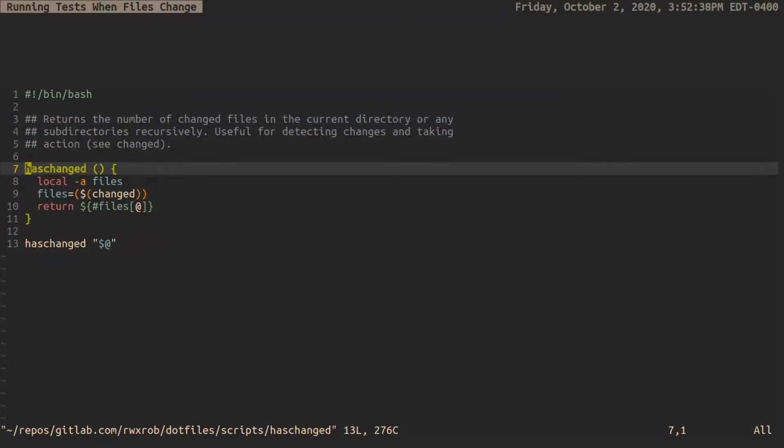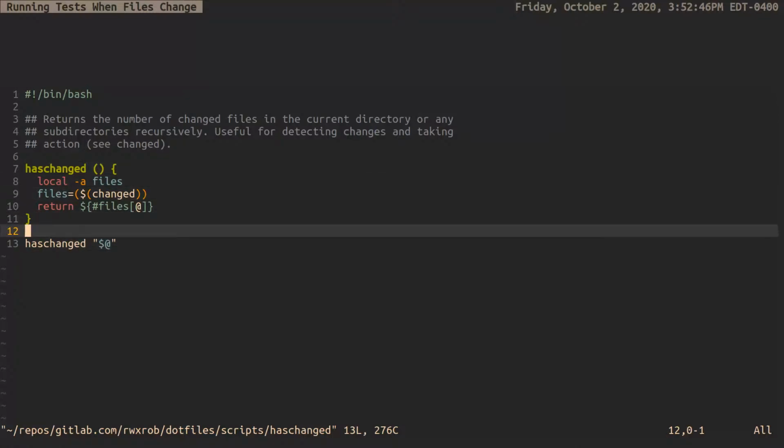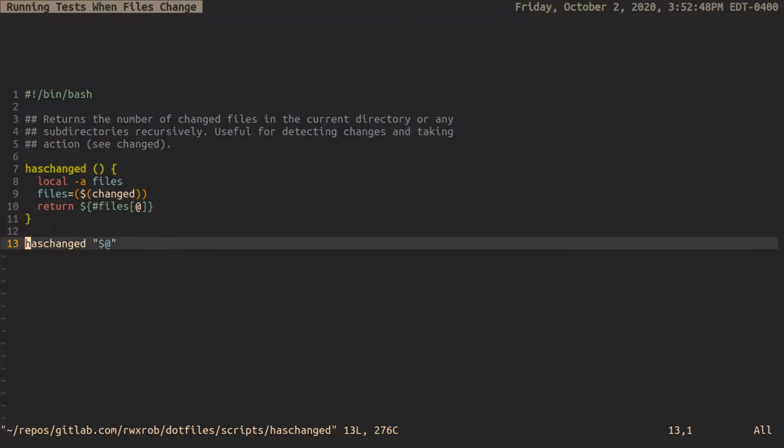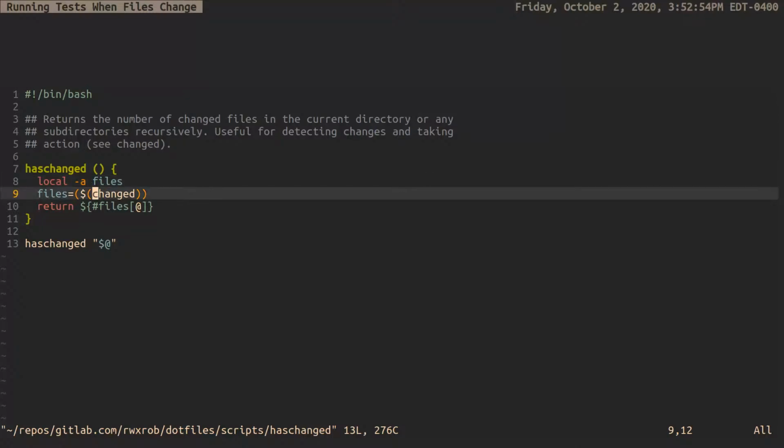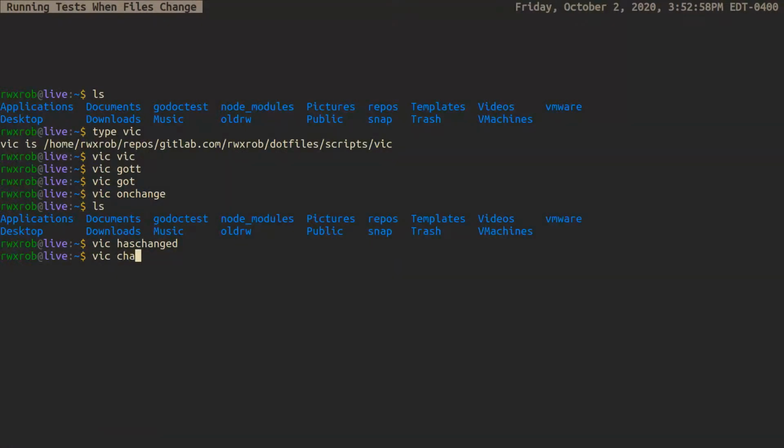Yep, here we go. So yet again, it's like a shell. It's like a Matryoshka doll in Russia, right? So hasChanged calls. I usually do function calls because I never know when I'm going to have to cut and paste them into other bits of code. So this is my common way of doing this. Then we have a local -a file, and it runs changed. Well, what is changed to do? Changed is